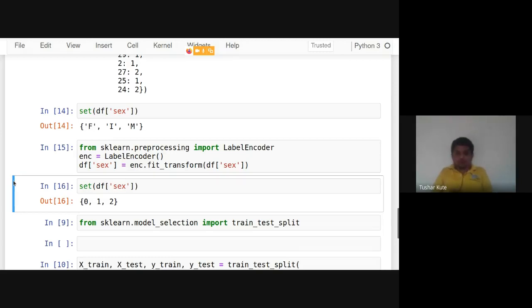In this way the label encoding is performed. Almost all pre-processing techniques are used in the same way: we use a class, create the object, and fit_transform. I want to apply it onto a single column only, so I'm using a single column. That's converted.